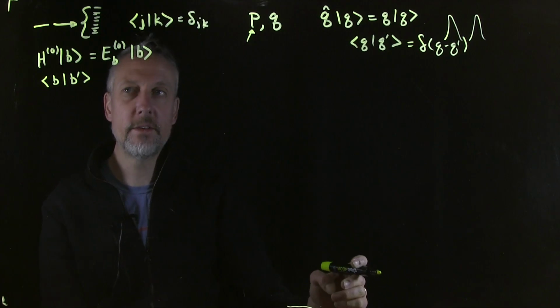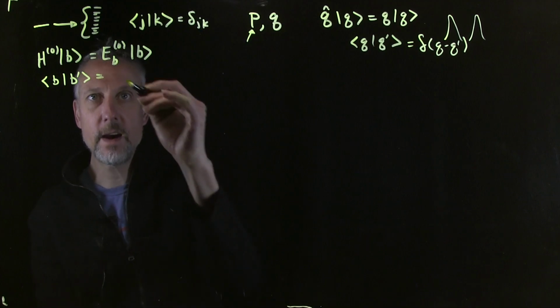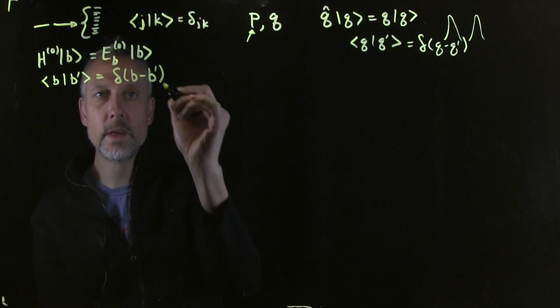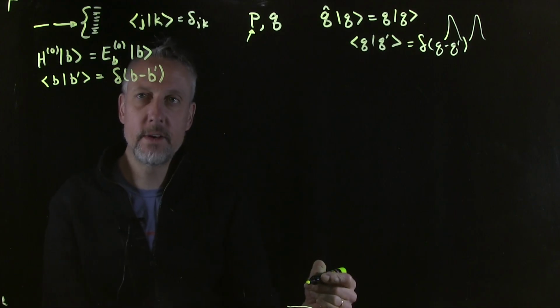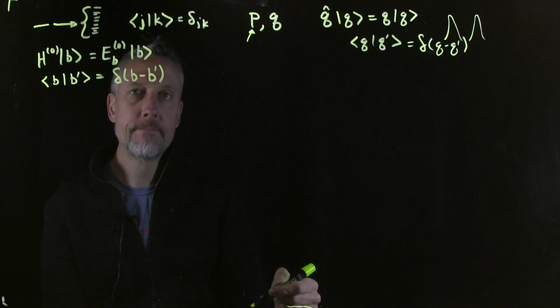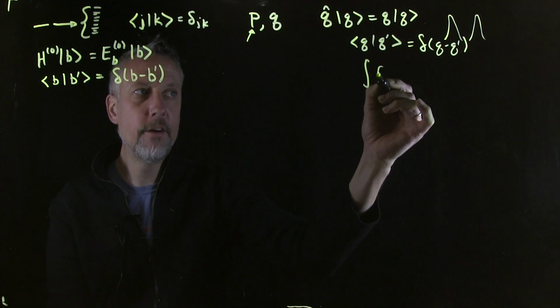Nevertheless, this is the idea. So we can associate with this scalar product a Dirac function like this. Now, Dirac functions are even, which means you can switch the order of this. That's no problem. There's another amazing property of a Dirac function, which is that if you have a function of